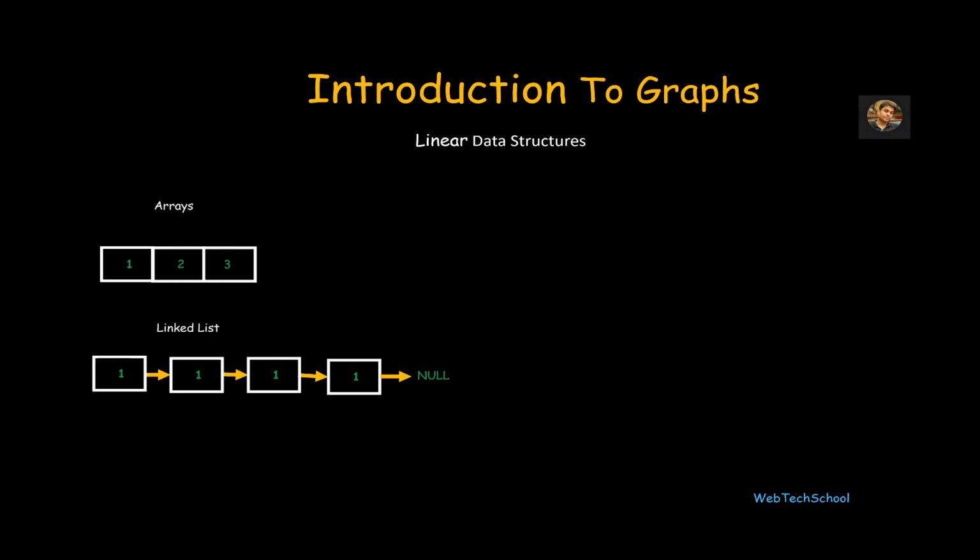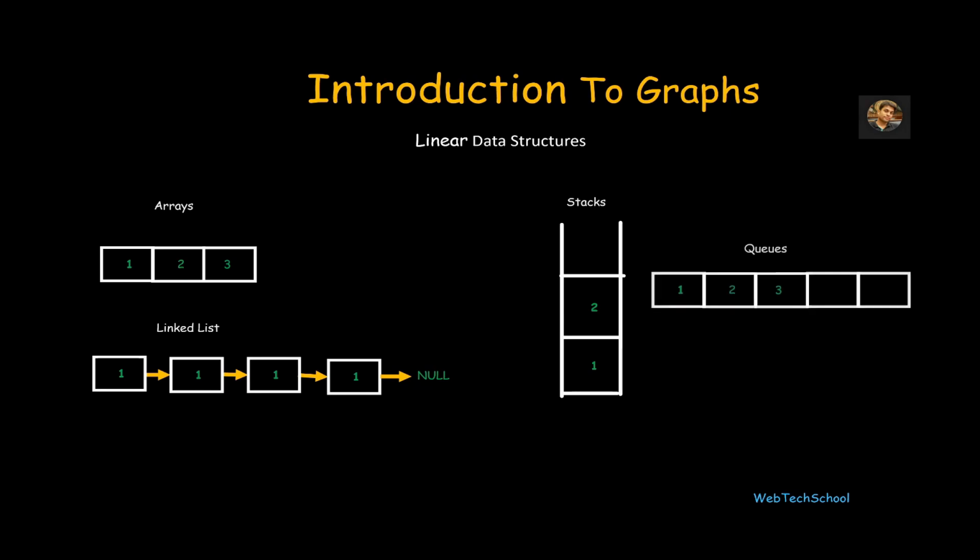In the same way, if we want a last in first out data retrieval, then we can use stack. And in the same way, if we want a first in first out data structure, queue should be the data structure. Linear data structure helps a lot of real world problems. But there are certain data which we cannot store in linear data structure.